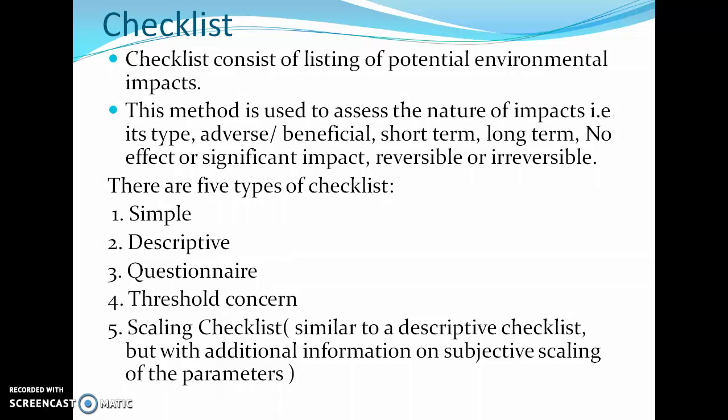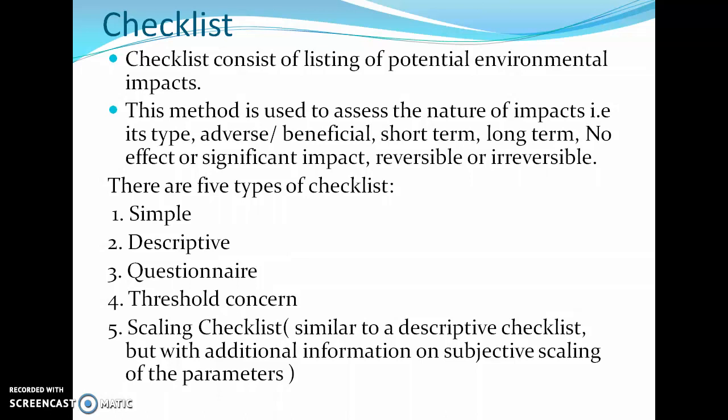So checklist is a first tool used to assess the impact. This method is used to assess the nature of impacts, that is its type: whether the impact is adverse or beneficial, short term or long term, no effect or significant effect, or reversible or irreversible impact. So that we can find out by using checklist.